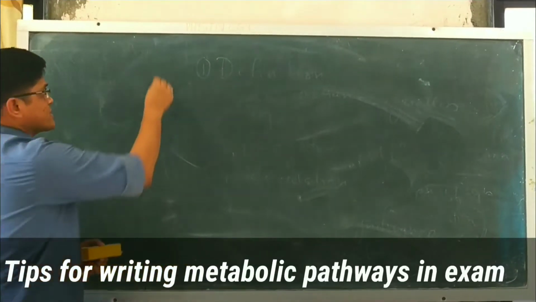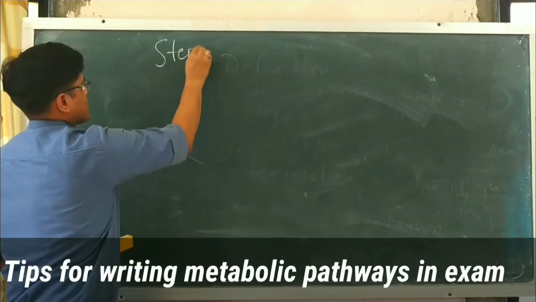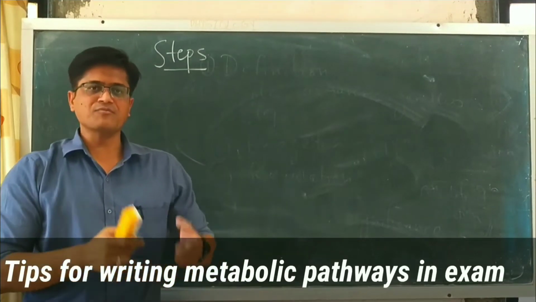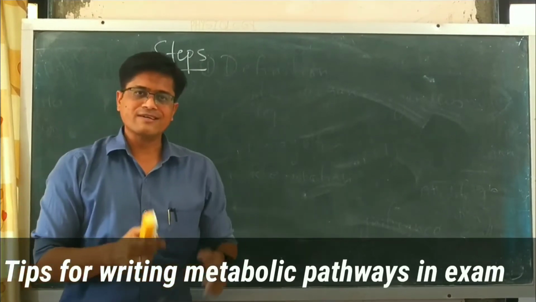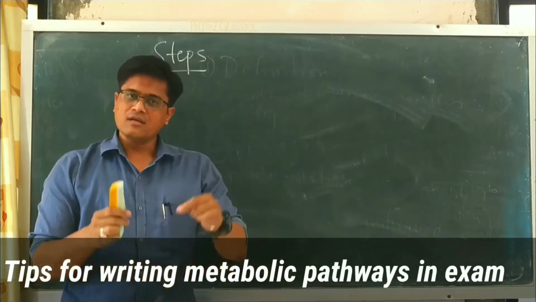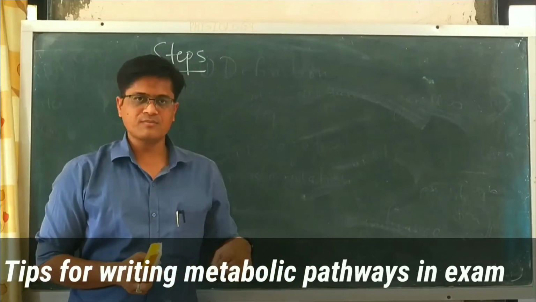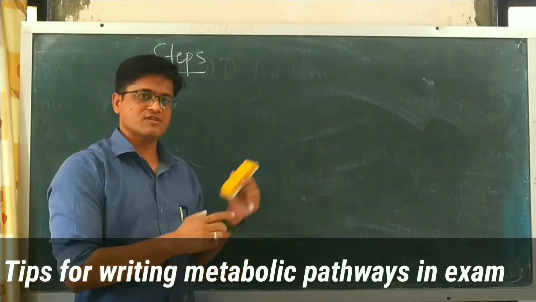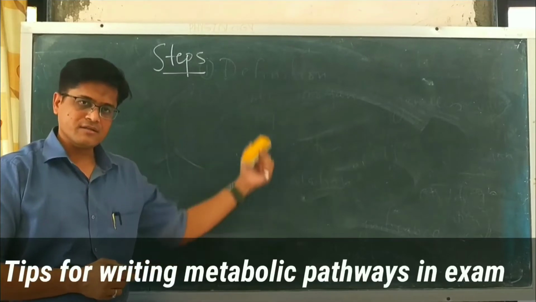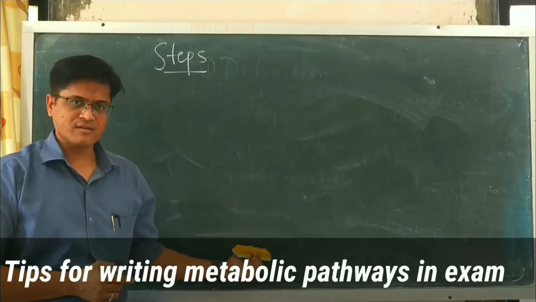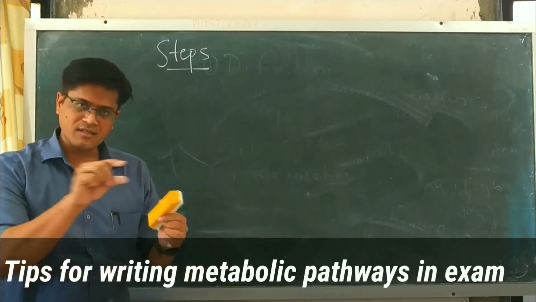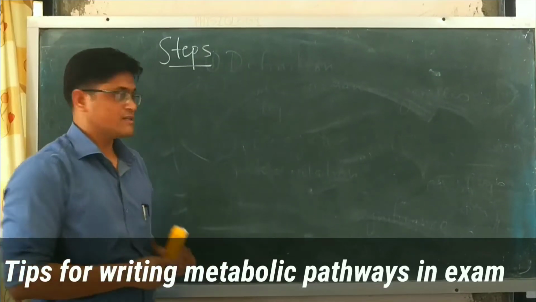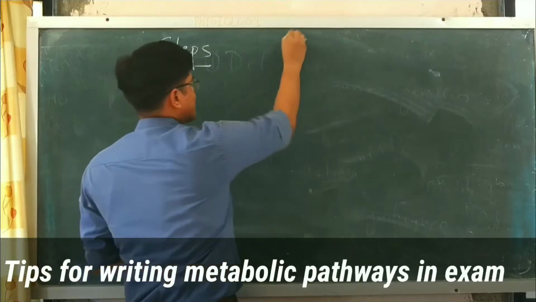So for the steps, many students have asked me that, sir, if we mention all the things in the steps, is it necessary to write it again in paragraph manner, step by step? So my answer is, you should not mention again and again the steps which you have already mentioned in the flow chart or the stepwise manner. You should not write again in a paragraph manner. But how to show it properly? We take an example of glycolysis.